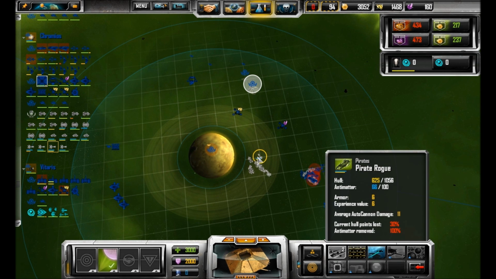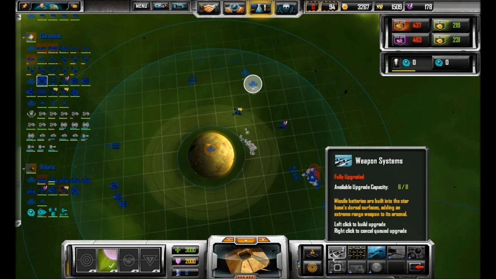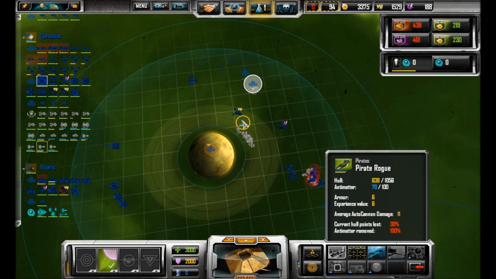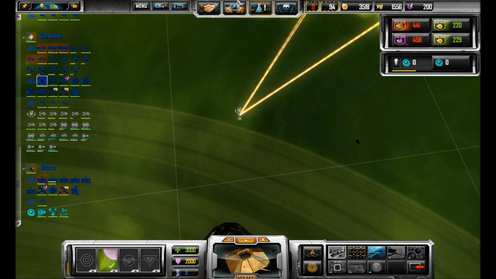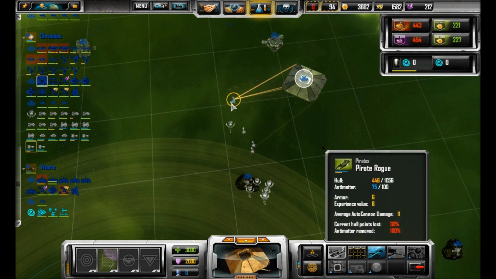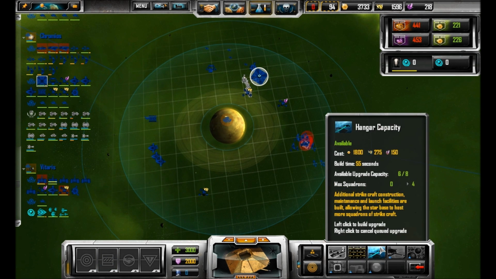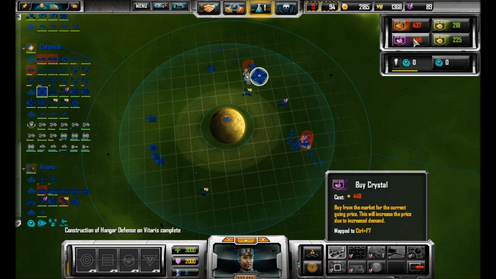We've upgraded our starbase to have 2 additional abilities. We'll go ahead and start attacking them now. So got all kinds of beam lasers and shooty things. Let's increase its hangar capacity so we can have some strike craft for our...